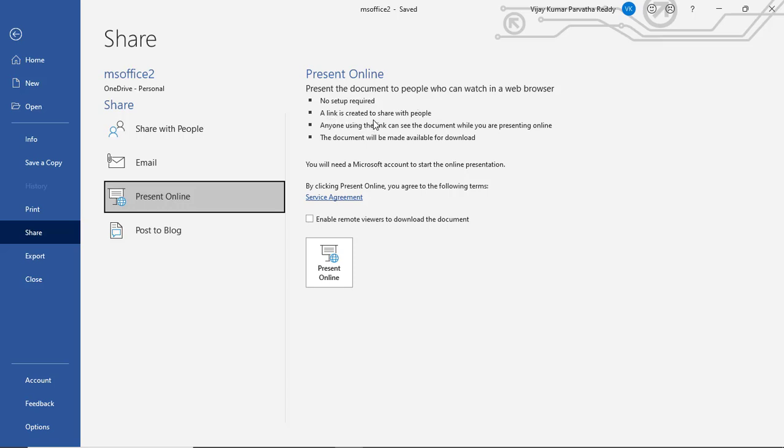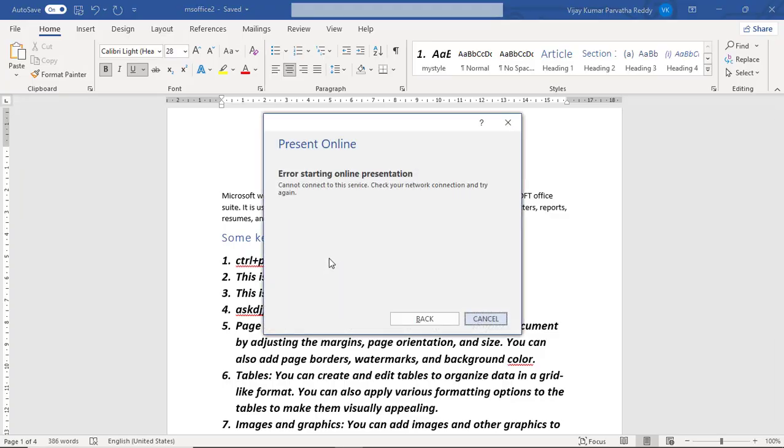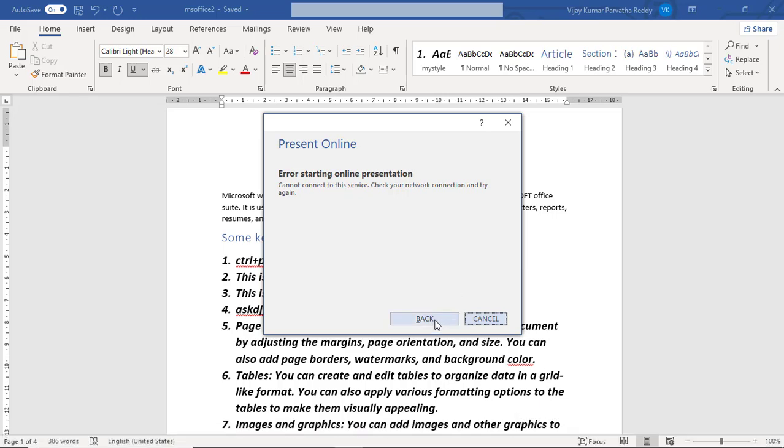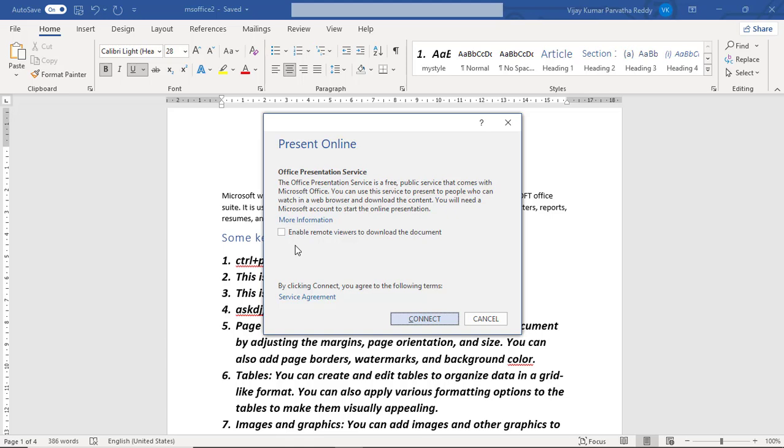A link is created to share with the people. Okay, anyone using the link can view. Suppose it is giving an error, cannot connect to this service. Check your network connection and try again. Okay, if your network connection is good,